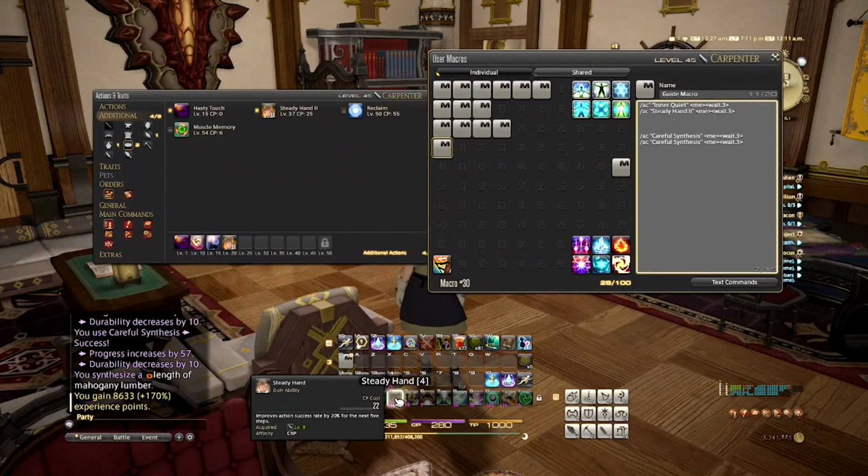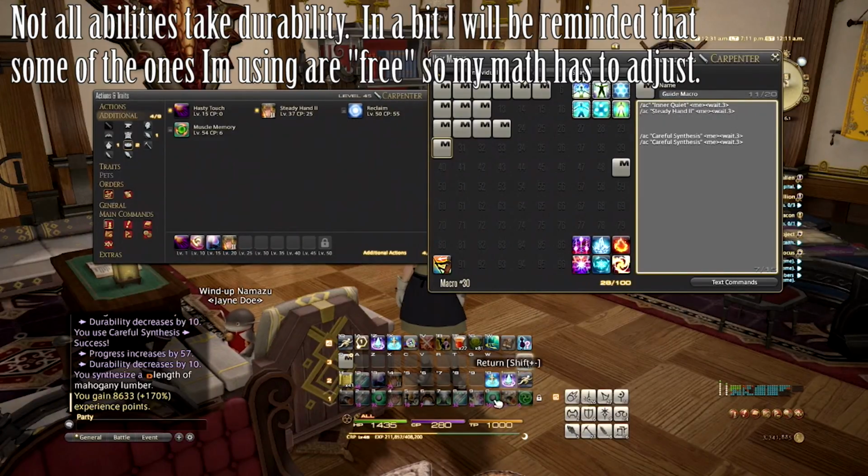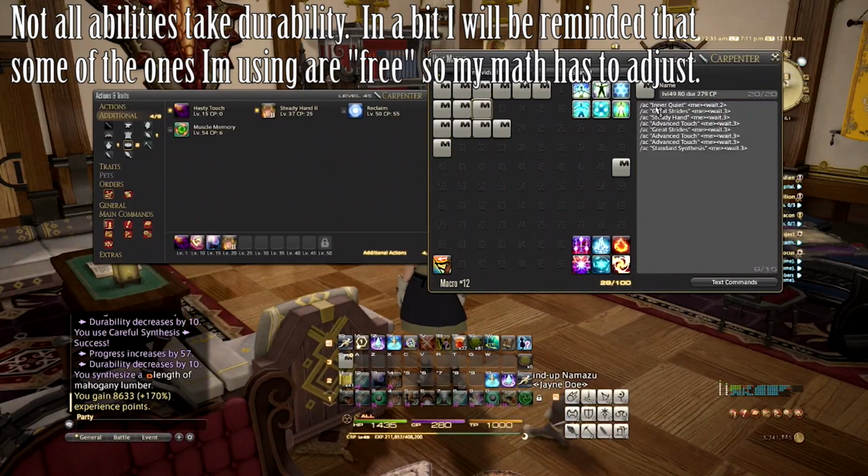Now, we've got Steady Hand going off, and what Steady Hand does is it increases the success rate by 20% for the next 5 steps. So you're going to want to kind of keep track of this. And keep in mind that we're working with a durability of 40. So right now, this would use exactly 40 durability. So somewhere in here, as we add more things, we're going to have to start adding a Master's Mend. So we go ahead and after...